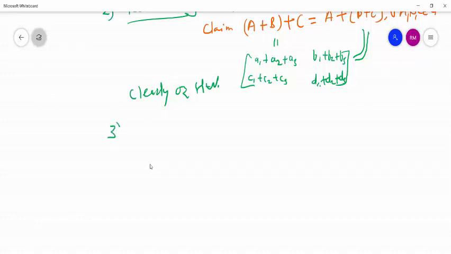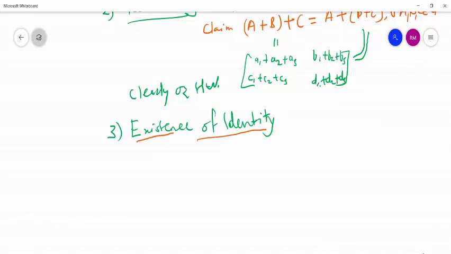Now let us try to show the third property, existence of identity. What is this property? It means there exists an identity matrix, there exists an element, say a matrix denoted by E belongs to G such that